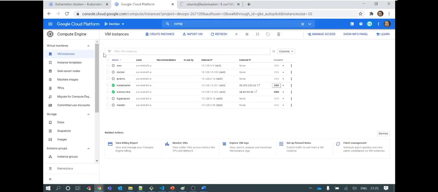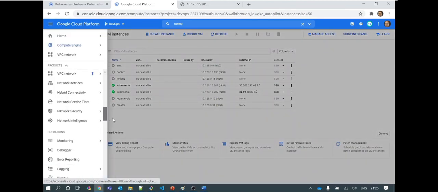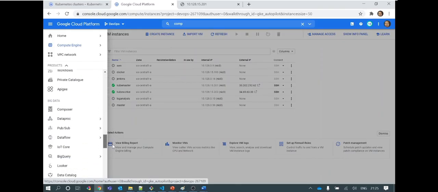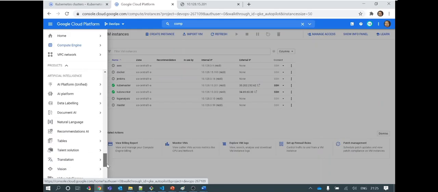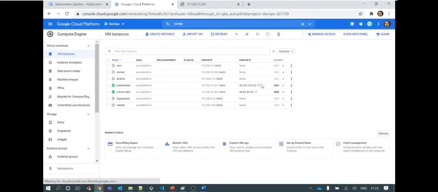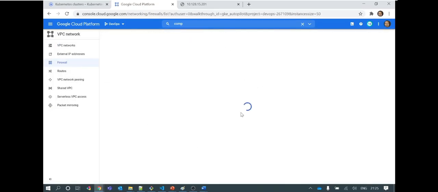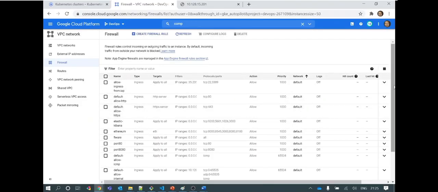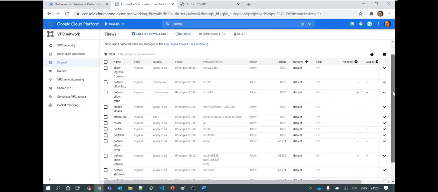I can go here in firewall, networking and firewall. Here it is. In firewalls, I can go and edit the port. I need to add the ingress for this port, then only I will be able to access outside. So this is an additional step. I can use it or not.